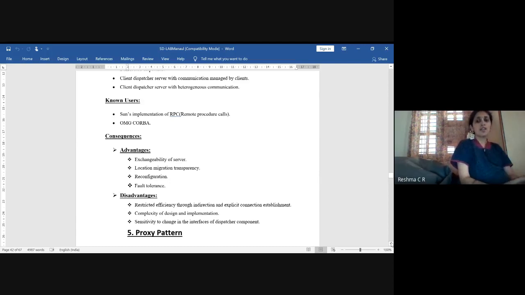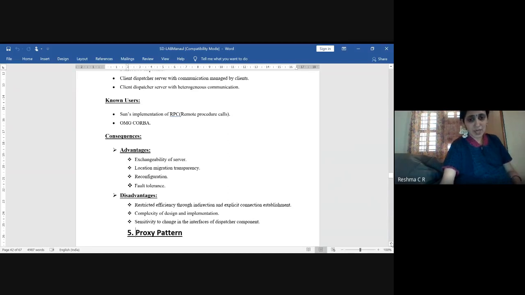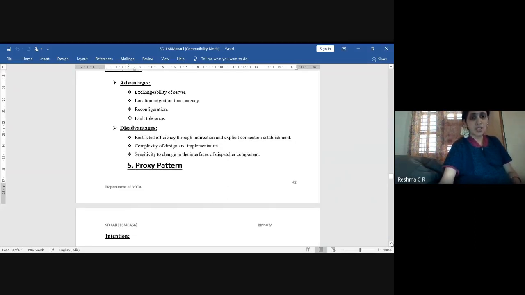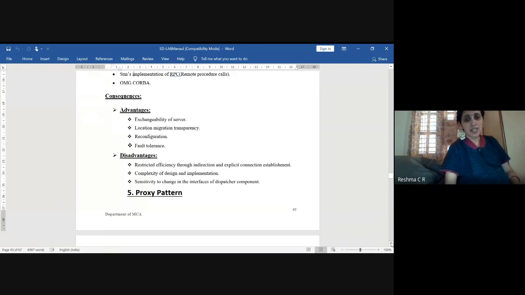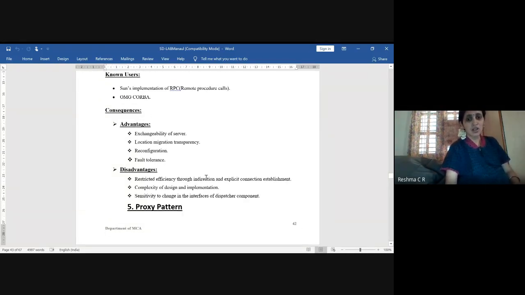To have access to that particular method, we call it an RPC mechanism. And one more is, in CORBA we can use the client dispatcher system.